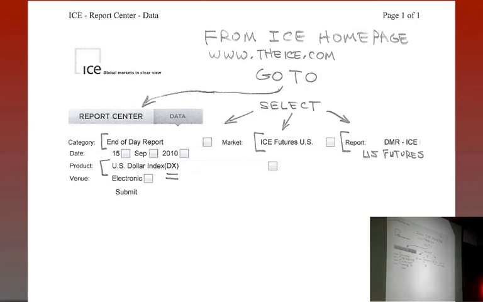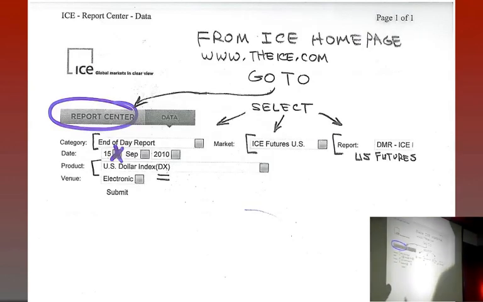Well, what have I been doing lately in preparing for this presentation? It's like I do with anything I'm trading. I pounce on the statistics as soon as they come out. Now you go to that homepage on ICE, and they've got this really nice thing called a report center, and there's a drop down of preliminary open interest, estimated volume, end of day, and there's one other one that I've been looking at. Right now, I'm going to just show you what the end of day report looks like, because you don't have to wait for the end of the day for the previous day. You can keep hitting on this until the final volume and open interest finally show up.